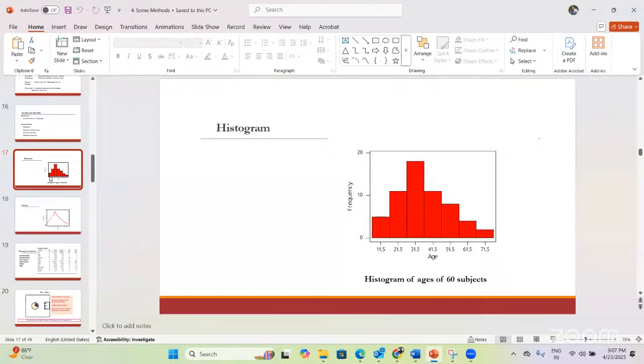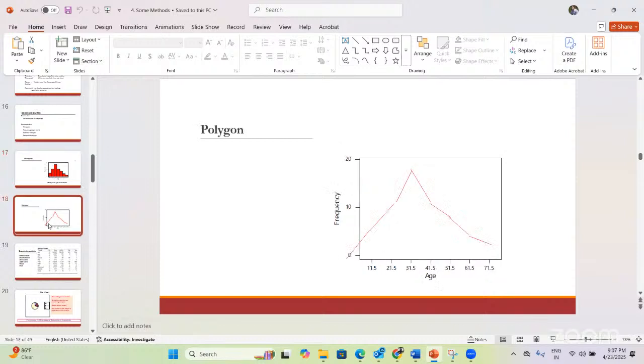In that, the ages' marks are very high. So it is very important to formalize your research questions. So it is very important to see the basic characteristics of your data. Next, this polygon. This is a similar kind of figure. Next,